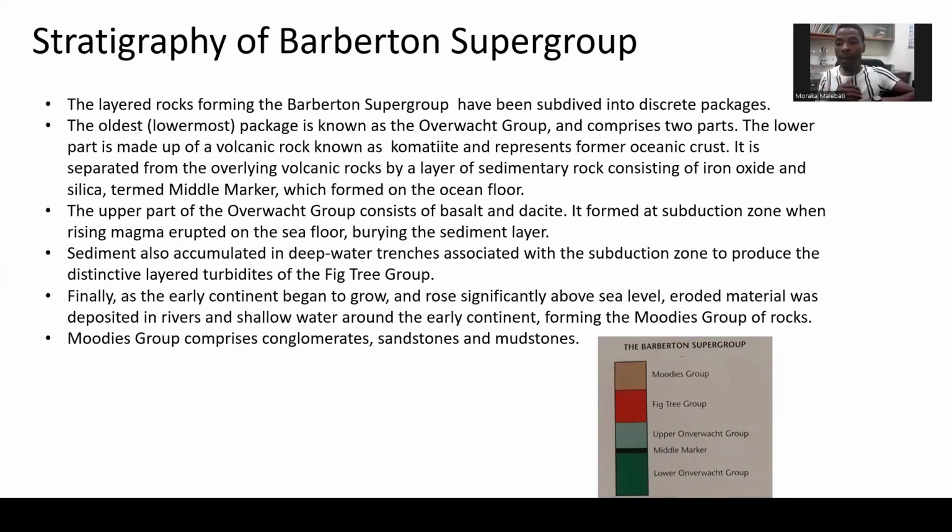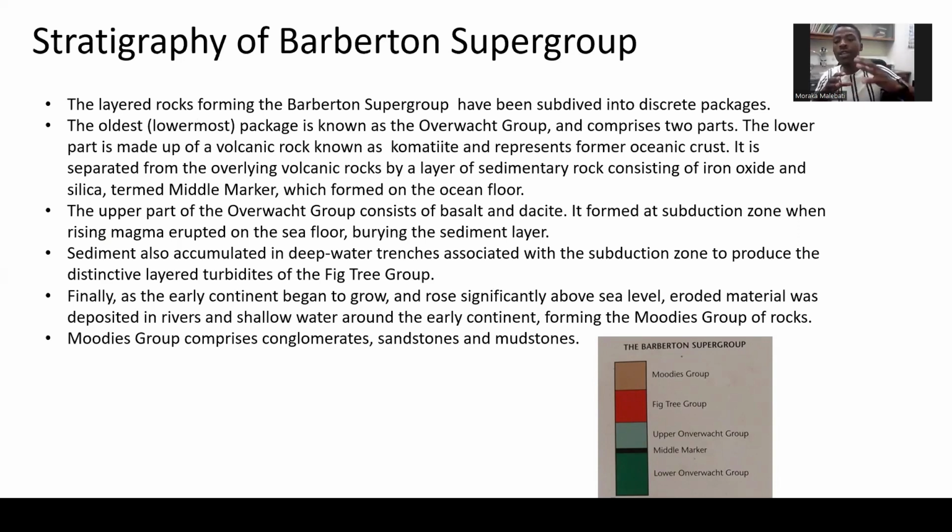They are divided by the metal marker, and then on top of the upper Onverwacht, we find the Fig Tree group. Then on top of the Fig Tree group, we find the uppermost group of the Barberton supergroup, known as the Moodies group. Which is why we're saying the layered rocks forming the Barberton supergroup have been subdivided into discrete